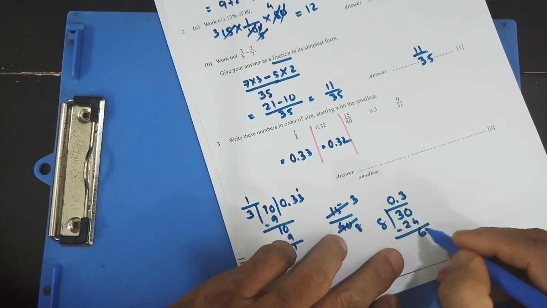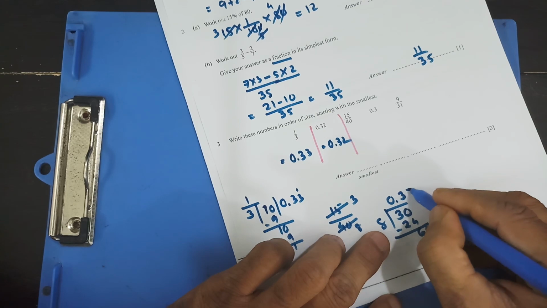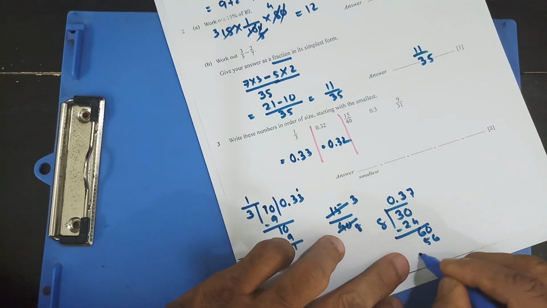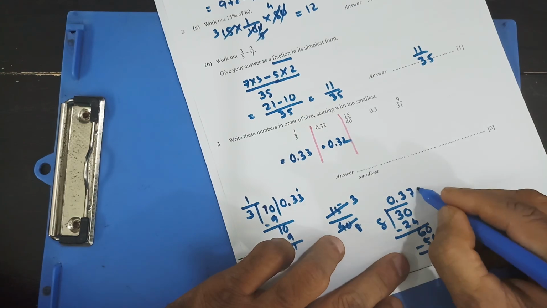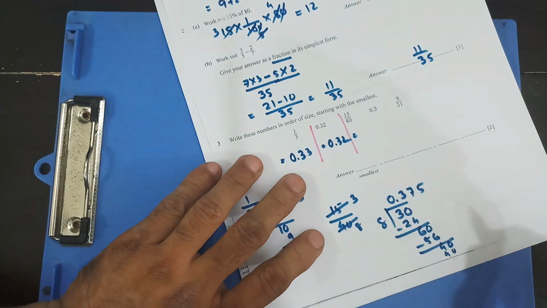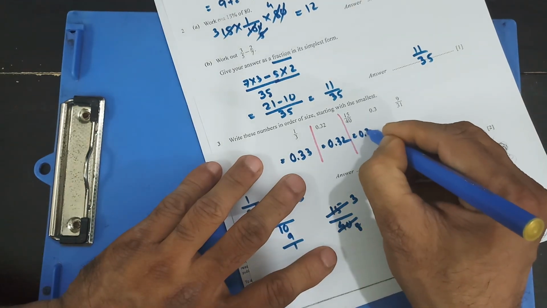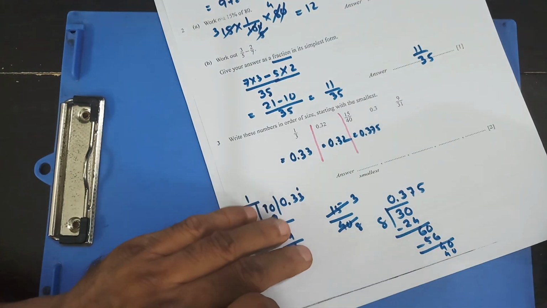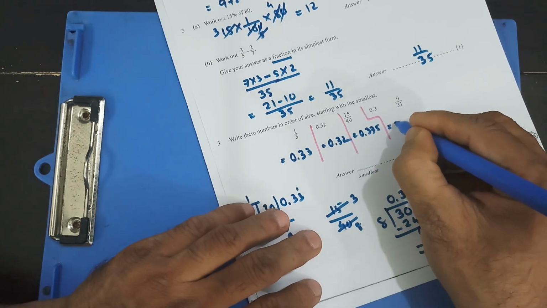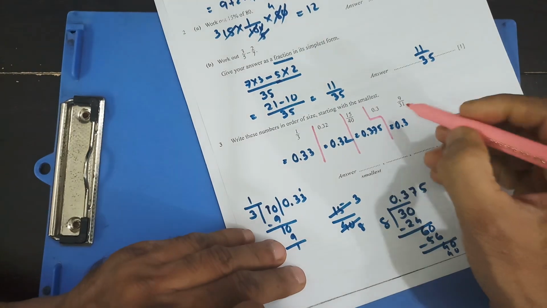Then I have 6, then 0. 7 8s are 56. Then it is 40. 5 8s are 40. Okay, so I have here 0.375. Okay, and this one is 0.3 as it is, 0.3, and that